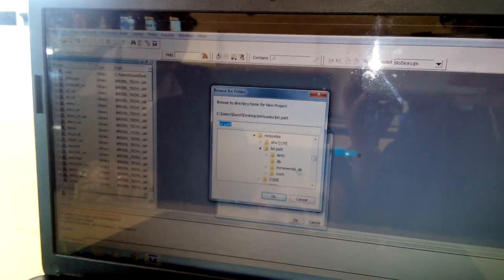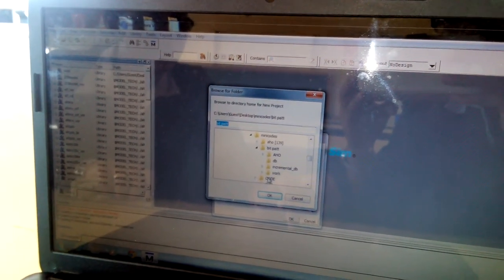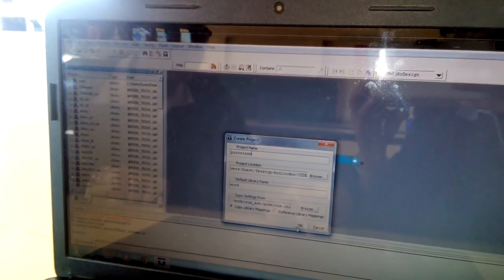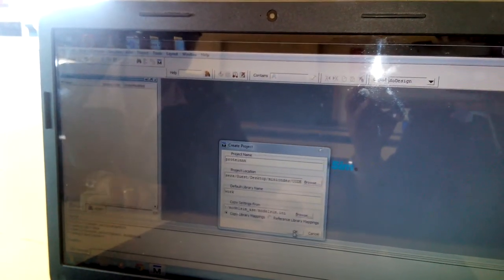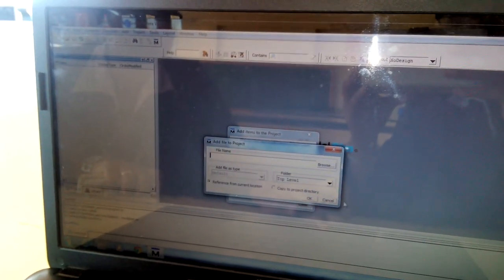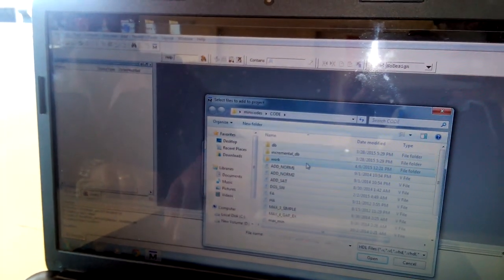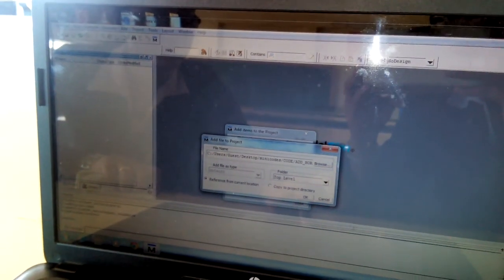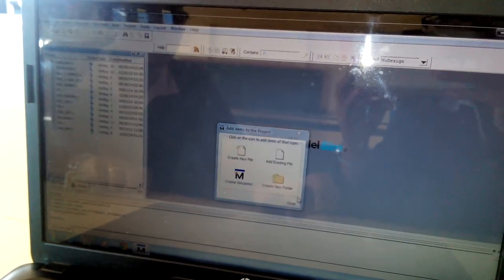Browse the working directory where the project code, the source code, is located. Click OK. Since the file is already saved, add existing file. Browse for all the subfiles in the directory. Click OK.